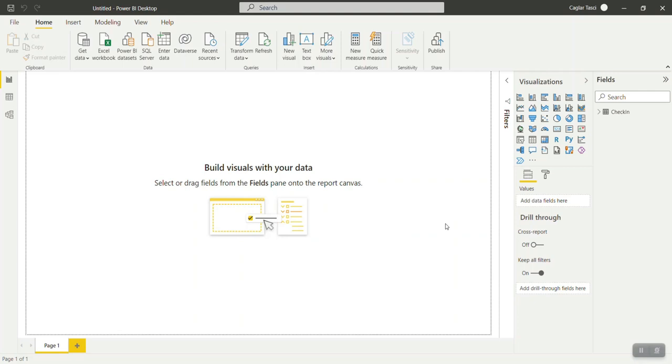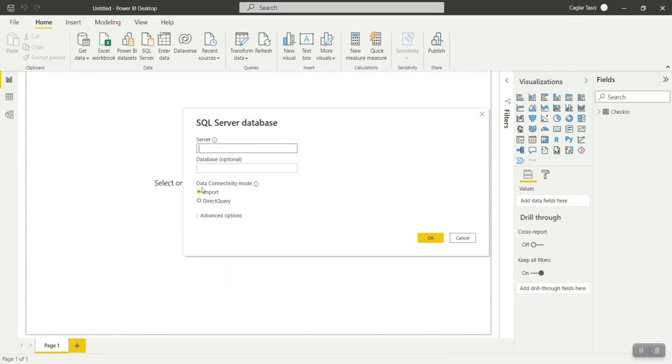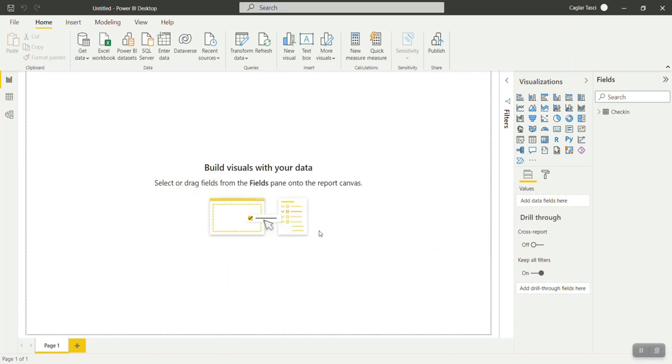I am using this data from a Corona test center, where I will be using the SQL Server database. I have two options. One is to use this SQL Server, create the server and database, and use either the import or the direct query method. With import you can import the data directly into your model, or with direct query you can link it to the database where it will get refreshed, but it loses a few functionalities. So that's why I'm going to use import.